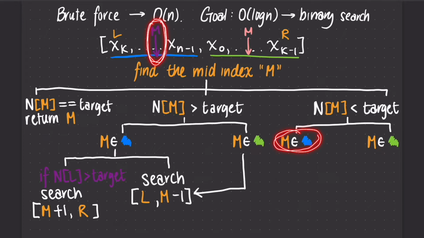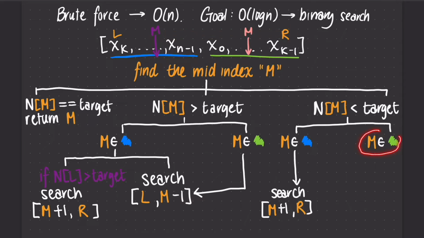and our n of m is lesser than our target, the only place that target could possibly lie is between m and n minus 1, x of n minus 1 here. But since we don't know exactly where this pivot is, we just search everything right of our m. Now if m was part of the green portion, like here with the pink m, and our n of m